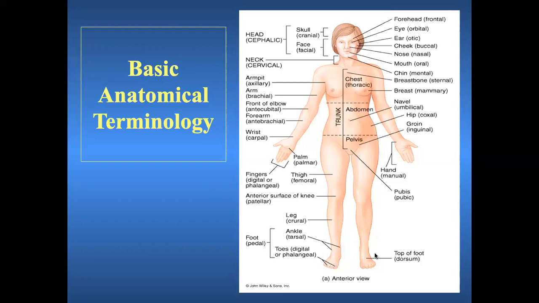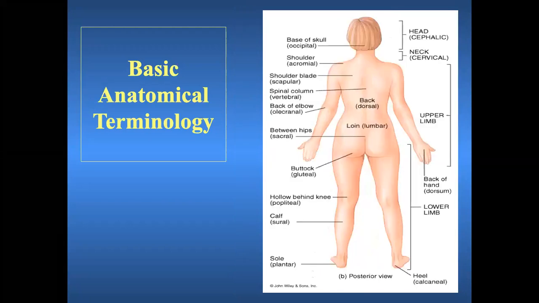Okay, so this view that you are looking at, the frontal side, is called the anterior view of the body, or it is also called the ventral view of the body, right? So anterior or ventral view, both are the same. Now you look at the dorsal view. This is the dorsal view of the body. When we talk about dorsal, it is also called the posterior view of the body.